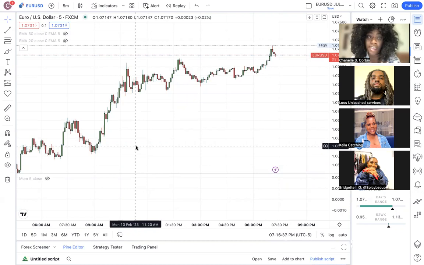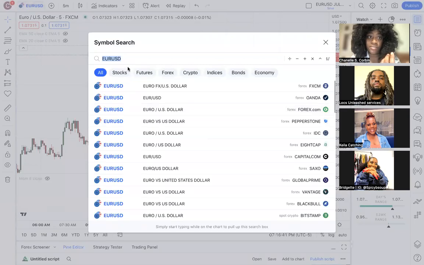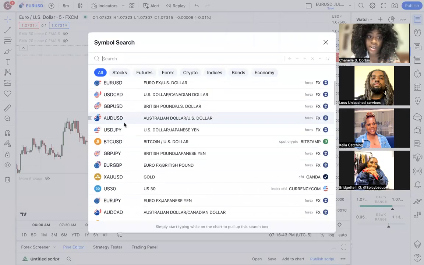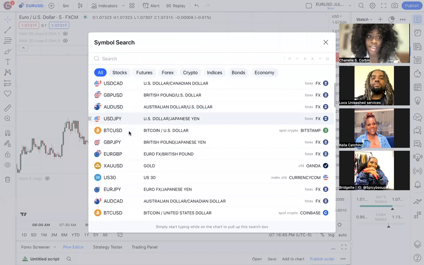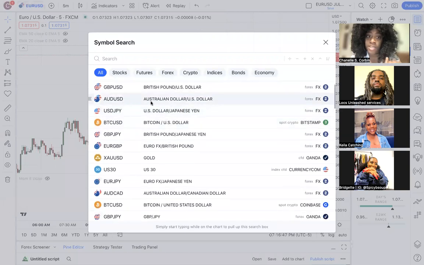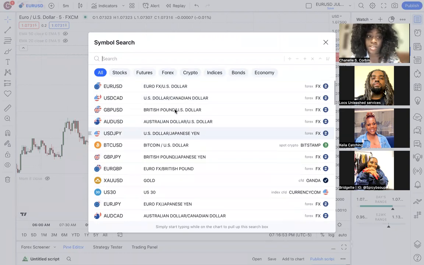Now, what do I mean by that? Again, you'll notice that if we click currencies, there's all these different currencies. You have USD JPY, AUD USD, and it tells you exactly what it is: the Australian dollar versus the United States dollar, the United States dollar versus the Japanese yen, and whichever currency pairs are in a session, again,